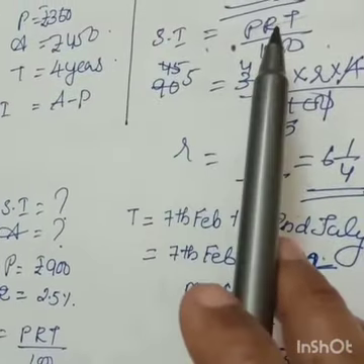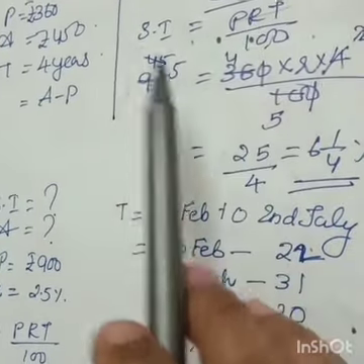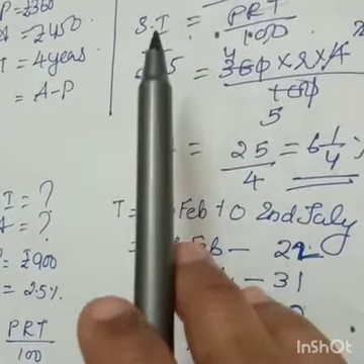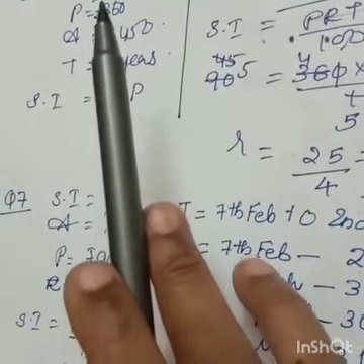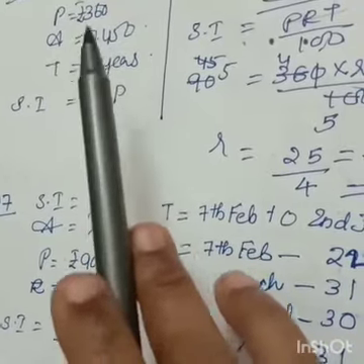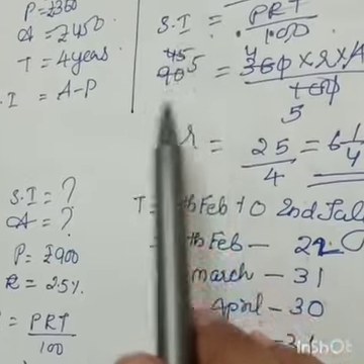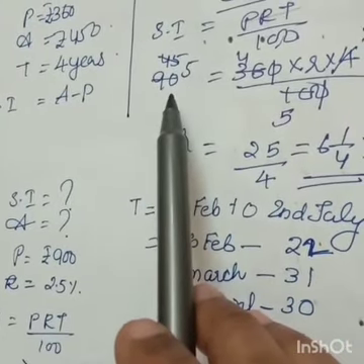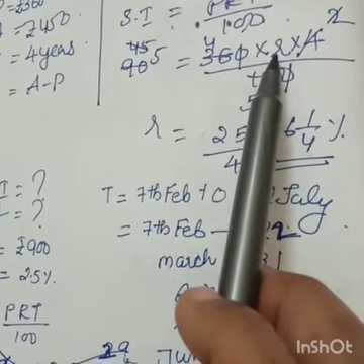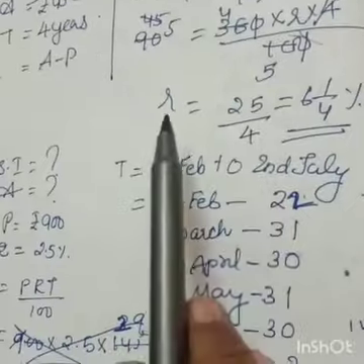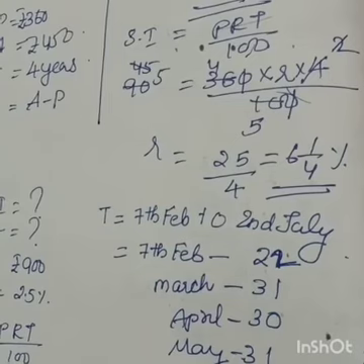So here my two variables are unknown, simple interest and rate. So I have to convert this formula into one unknown and the others known. Simple interest, I know, is amount minus principal, so I put amount minus principal in the simple interest place. Now everything is known and one is unknown, so I get the answer, rate equal to 6 and 1/4 percentage. I hope everybody is clear now.